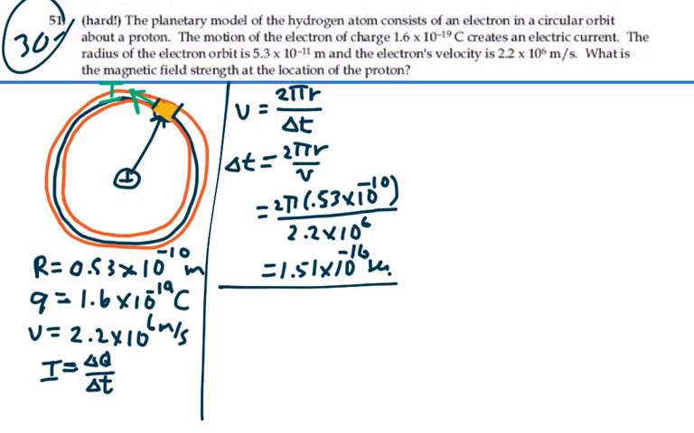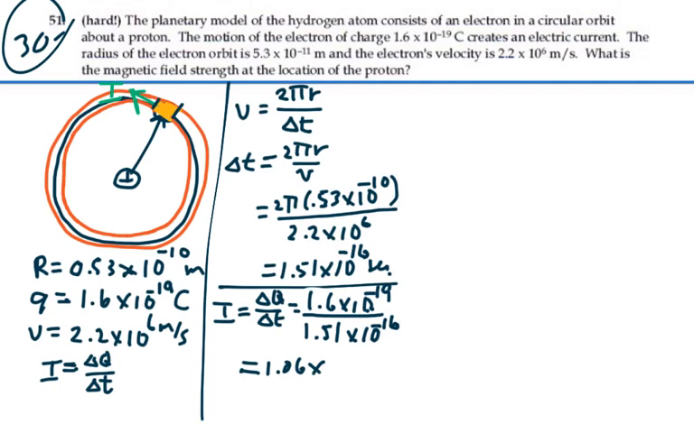Hence, the current as this electron is going around is our change in charge per time. And since we make one revolution in 1.51 times 10 to the minus 16 seconds, we're going to have an amount of charge equal to the electron, 1.6 times 10 to the minus 19 coulombs, over this 1.51 times 10 to the minus 16 seconds. And that's going to be equal to 1.06 times 10 to the minus 3 amps,